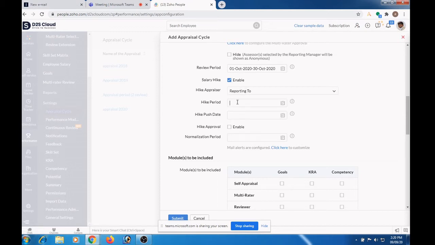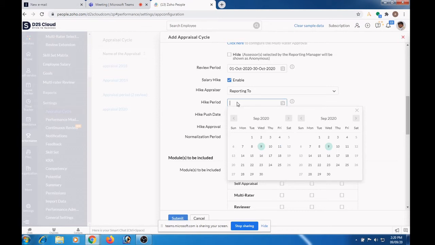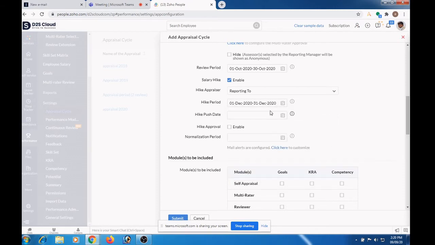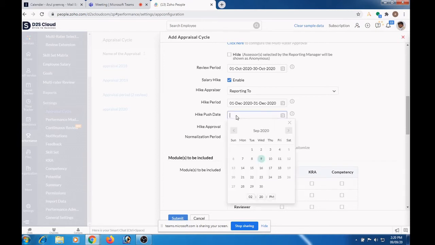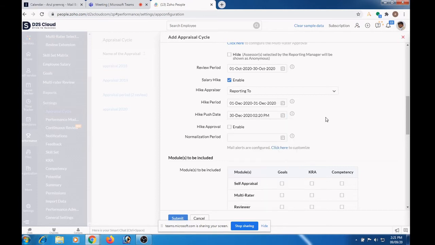Hike period: you can select the hike period in which the salary hike will take place. If the salary hike takes place in the month of December, you can choose December 1st to December 31st, and you can choose the actual hike push date. If it is December 30th, you can choose the date here.